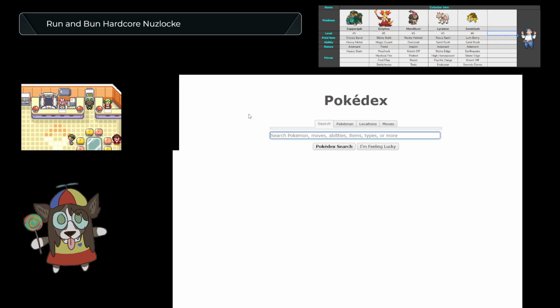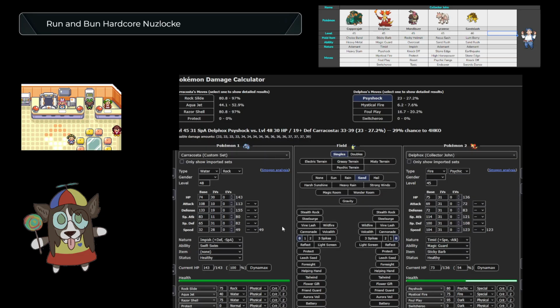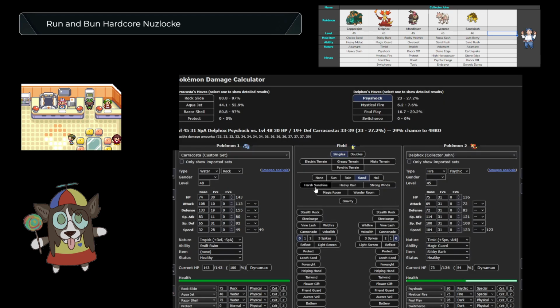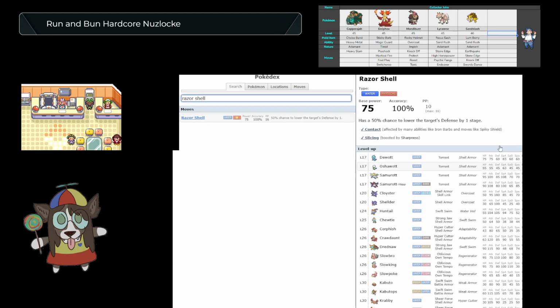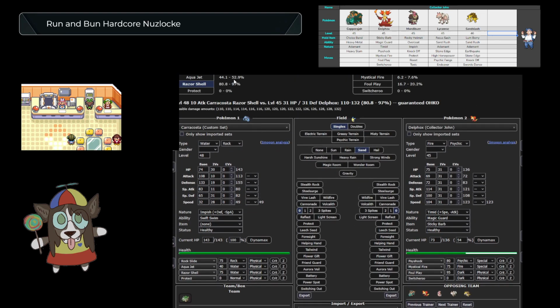Sticky Barb is only when you attack them with a physical move. Yes. So if I come in with Caracosta on the Mystical Fire, or just a switcheroo and you give it to me, then I can just... does Razor Shell make contact? Yes. Okay. So then it's...